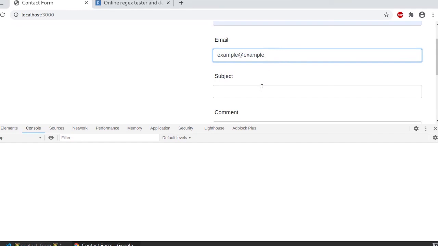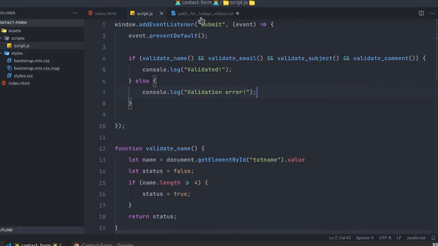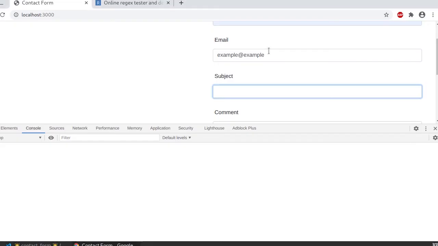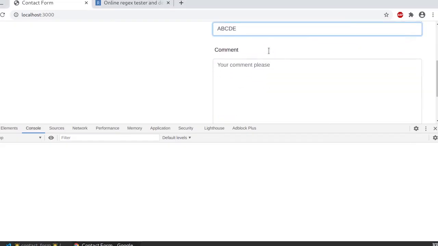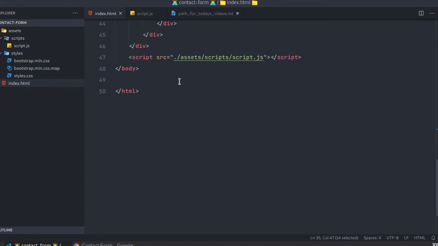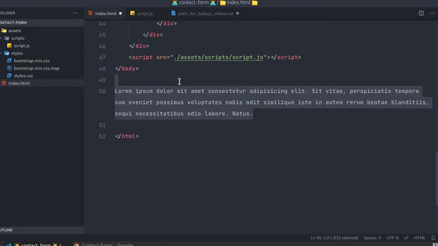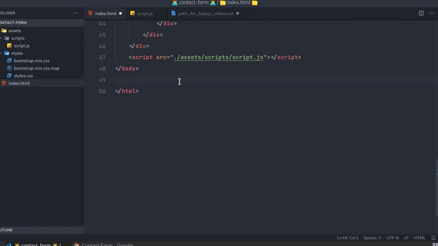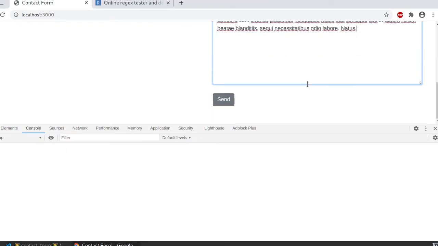So I'm not putting a valid email address here. Our subject must be at least 5 characters, A B C D E, then the comment 50. So I just use a text generator in VS Code and simply paste it.